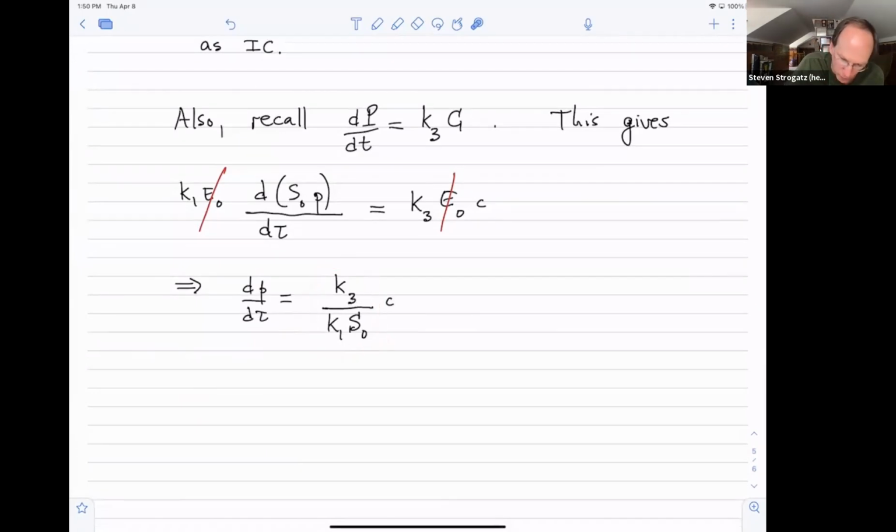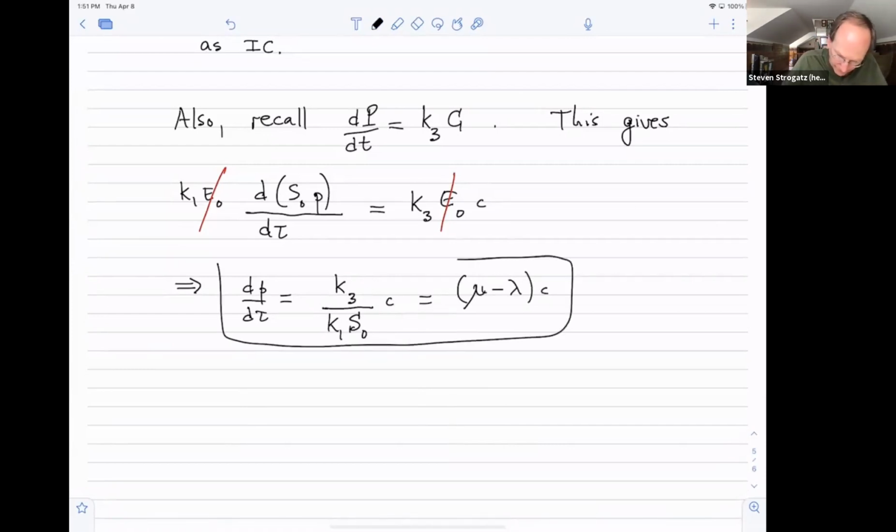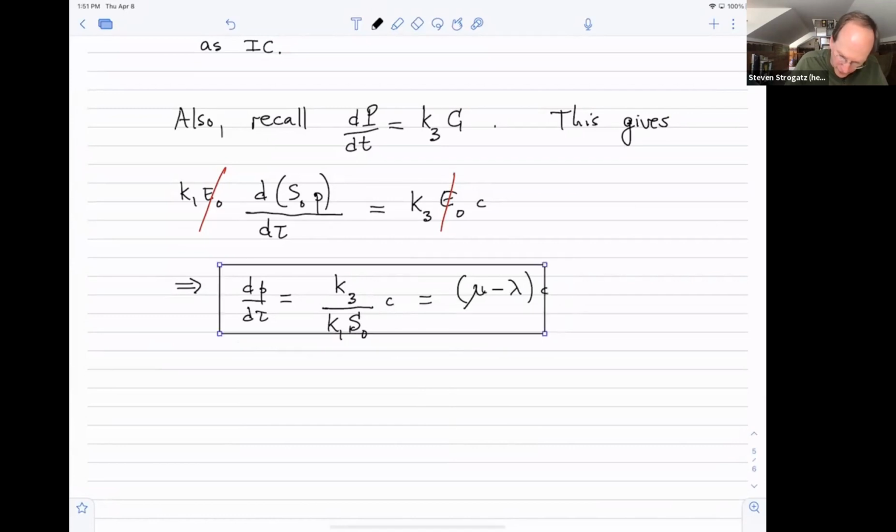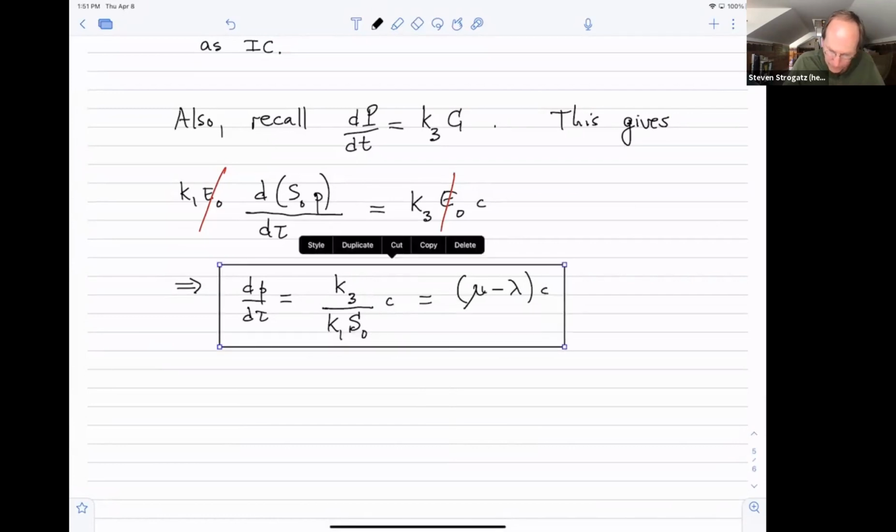So this all equals, excuse me, mu minus lambda c. All right, so that's my production equation for the product there. Okay. All right, but anyway,